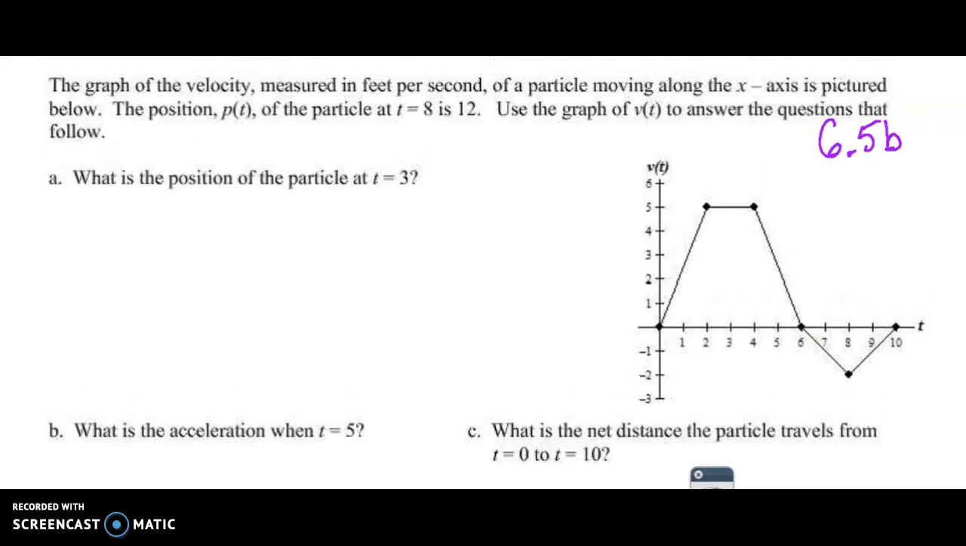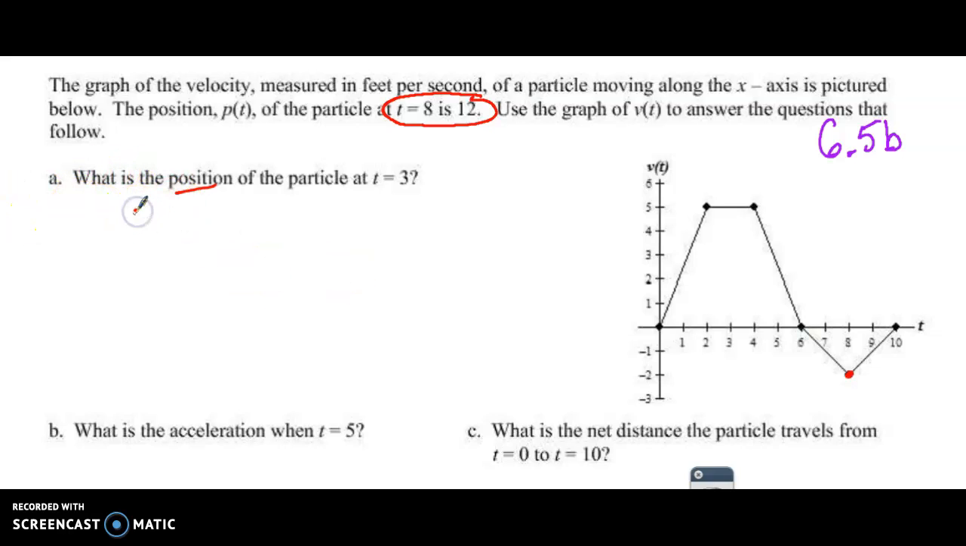We're moving on to 6.5b, just the second video here for calculus. And we have this graph of velocity, and we have to answer a few questions for position. Now, pay close attention to the directions where they say that at t equals 8, we're starting out at 12. I guess I shouldn't say we're starting. It's just an initial condition. I know it seems weird that they would give you the initial condition halfway through, but we can still work